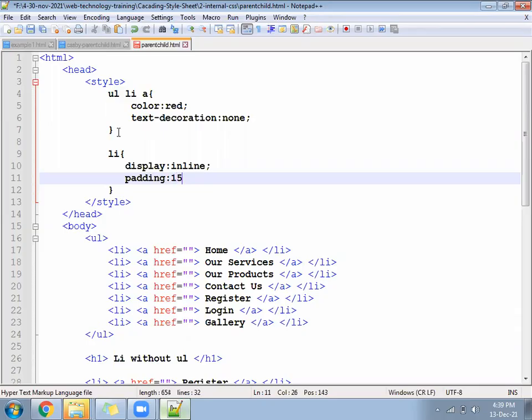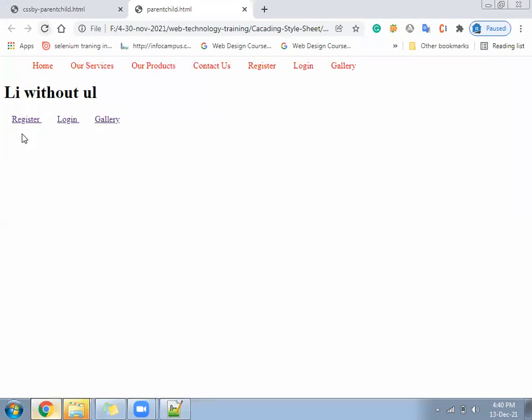Adding 15 px padding, give and check once. All LI will appear in the same line. See, all LI is coming in the same line.